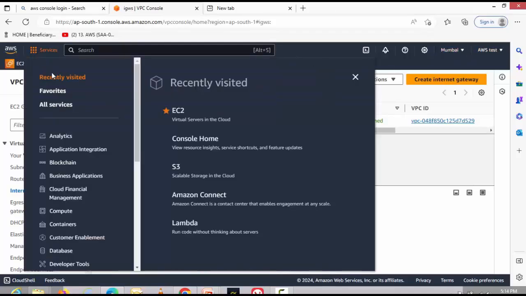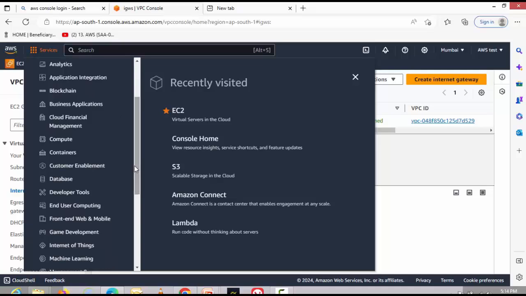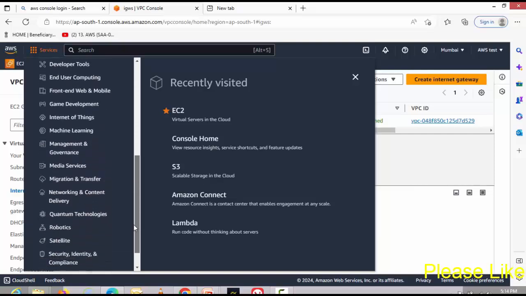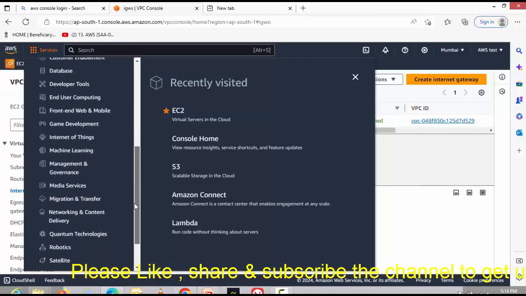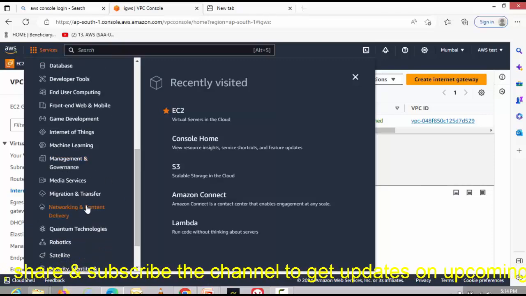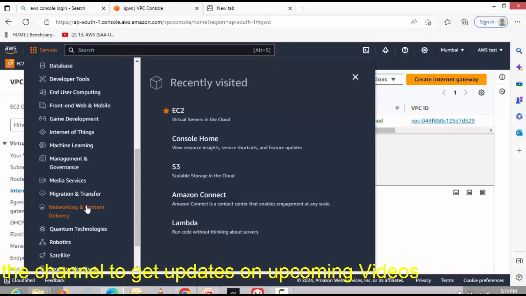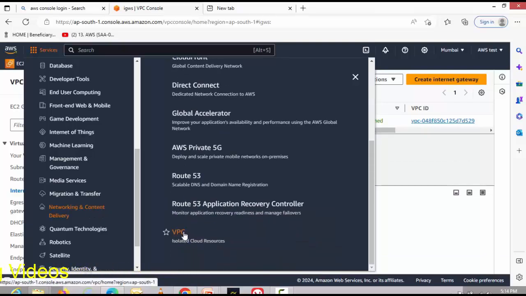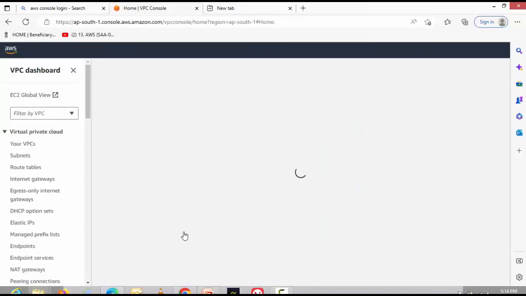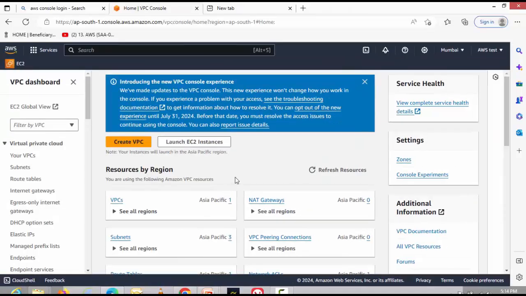So today we have to do VPC. For the EC2 session we have to go to the compute service. For S3 we have to go to storage. But today for VPC we will find it in networking and content delivery. Here you will find the option of VPC. So you can see here,